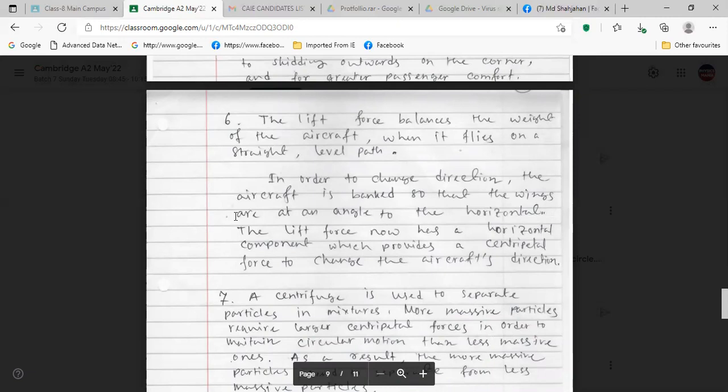Number seven, a centrifuge is used to separate particles in mixtures. More massive particles require larger centripetal forces in order to maintain circular motion than less massive ones. As a result, the more massive particles,